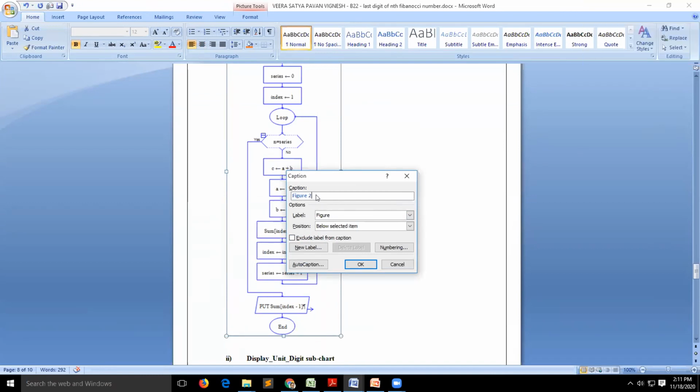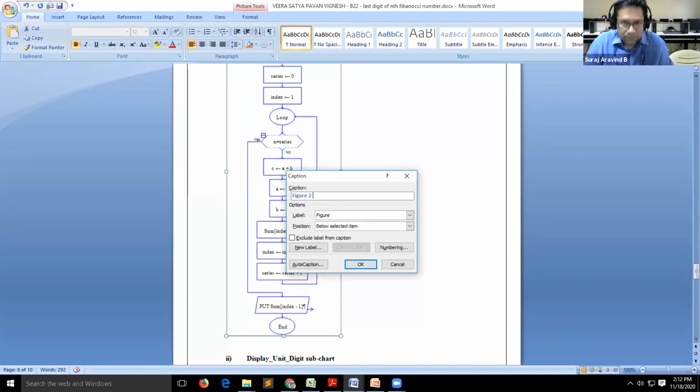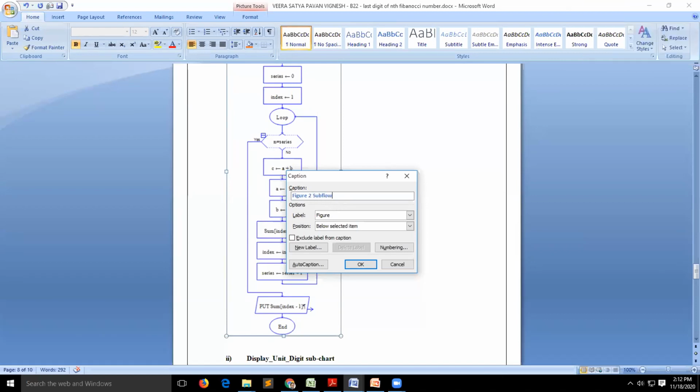It will be aligned automatically, sir. That's the advantage. You don't have to worry about the numbering now. Whatever order you take, the numbering will follow. So let us assume this is a sub flow chart or something, for example number series.